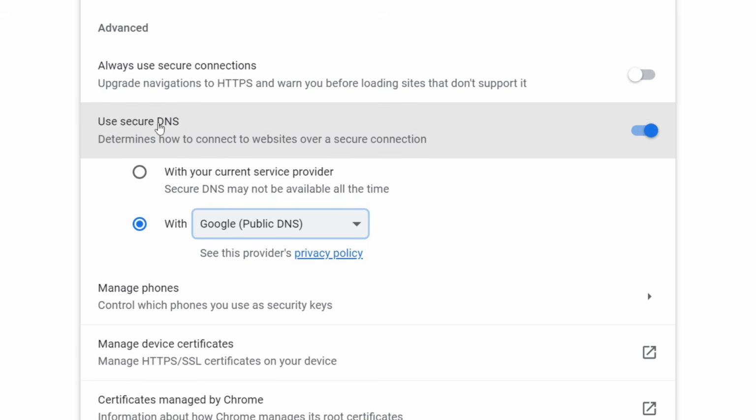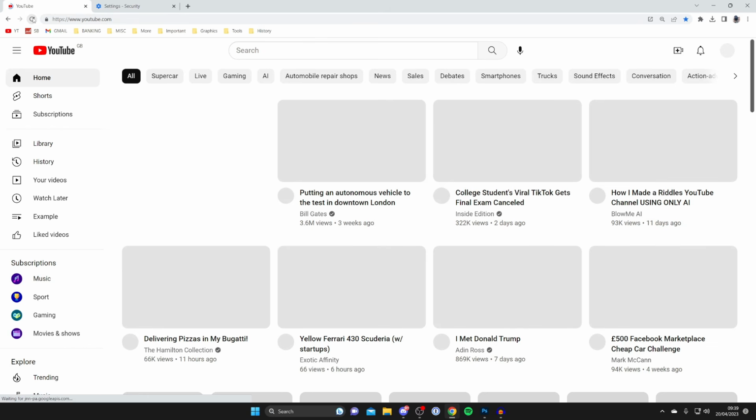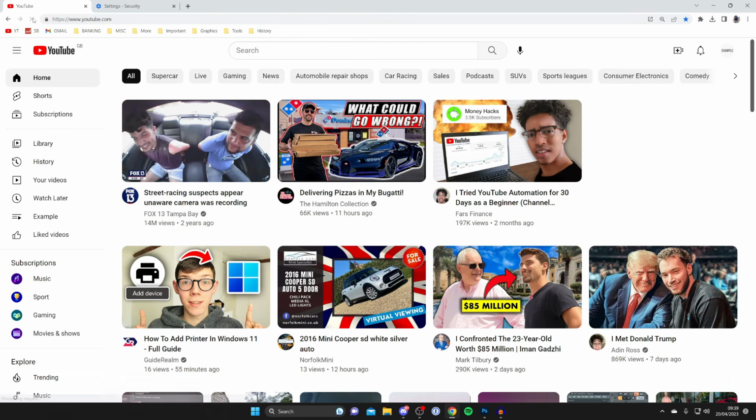So as you can see, the DNS determines how you connect to websites over a secure connection, and that should be it. Once you select the Google Public DNS, that should fix your problem. So come back to YouTube and refresh by clicking on the refresh button or Ctrl+R, and hopefully that'll